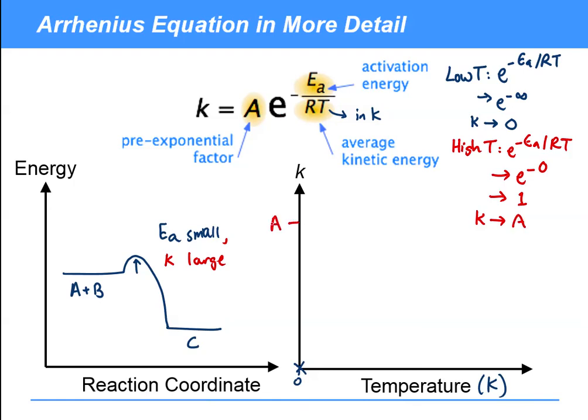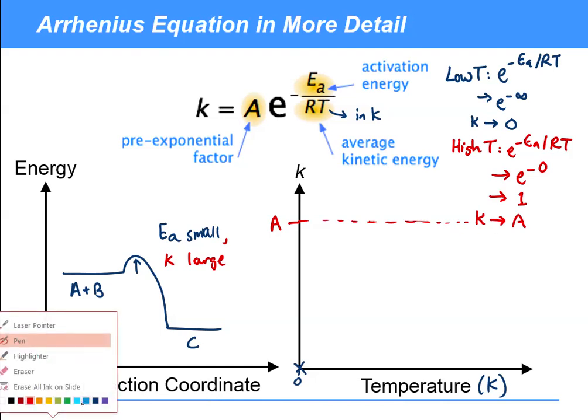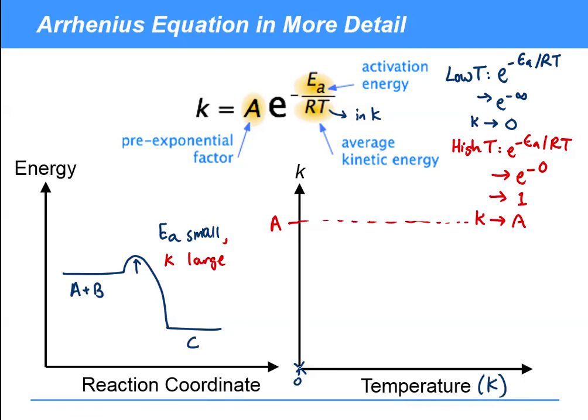So if I just try and summarize that by showing you the graph, essentially at high temperature, k is going to asymptote towards a value of A. And if we show that graphically, what's that going to look like? Well, it's going to start off small, and then eventually it's going to become pretty close to being A. And that's why it's possible to interpret this exponential factor as a bit like a probability, which ranges between 0, so e to the minus infinity is 0,